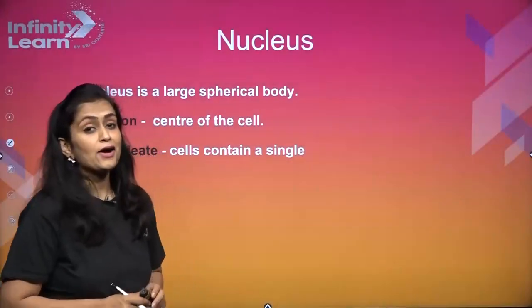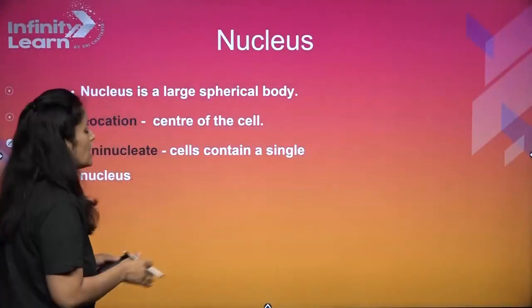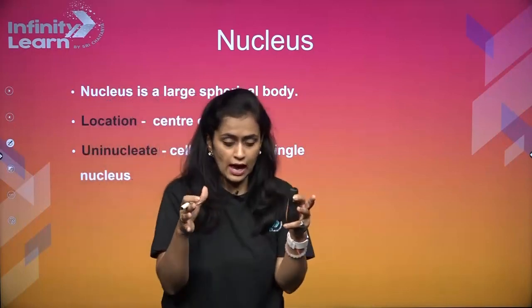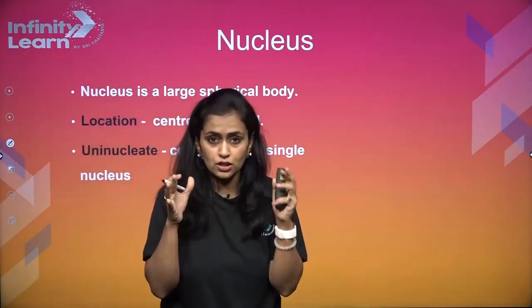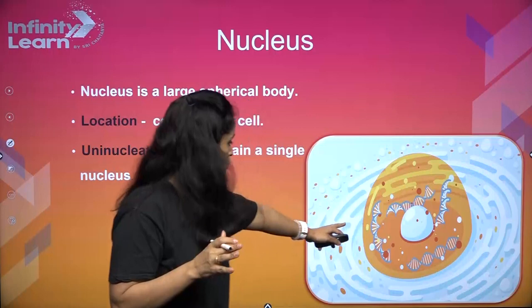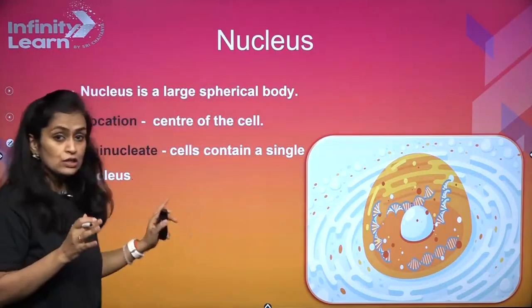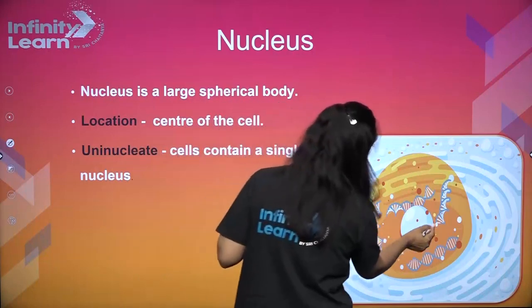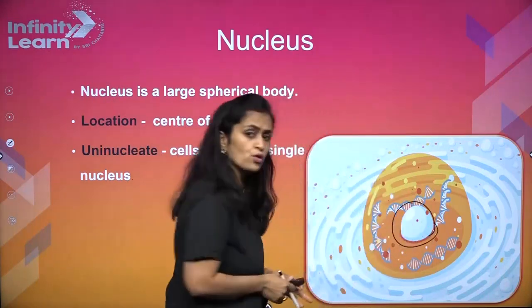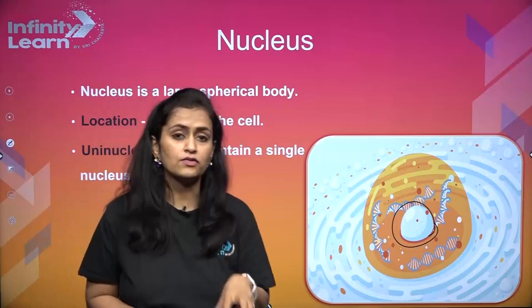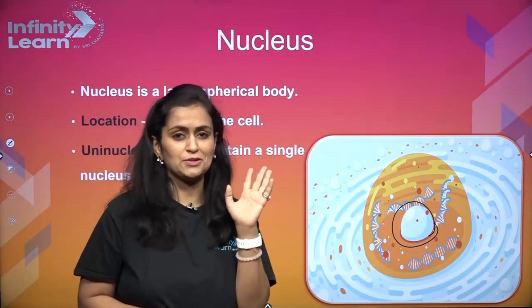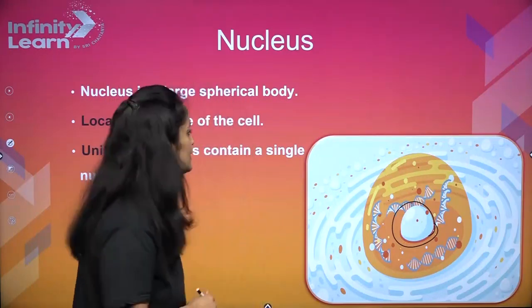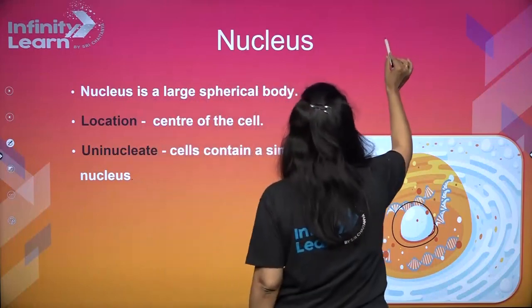Alright. Now coming to the nucleus, okay, we are in the protoplasm of the cell and we are checking out the nucleus. So what is nucleus now? So this nucleus is basically a large spherical structure which is present mostly right in the center of the cell, in case of animals. In case of plants, this thing is quite different.